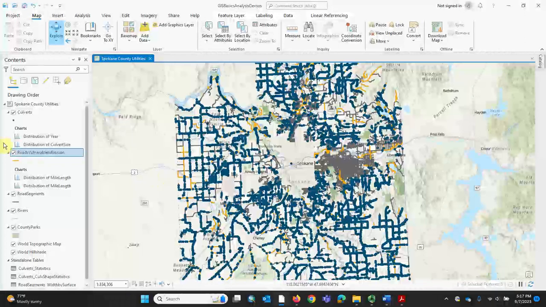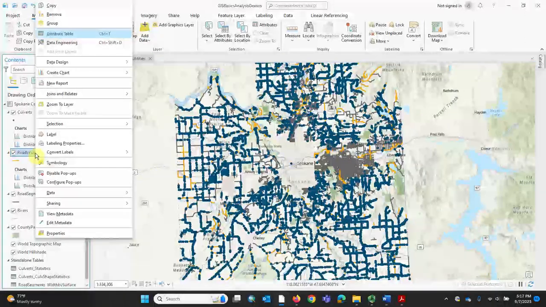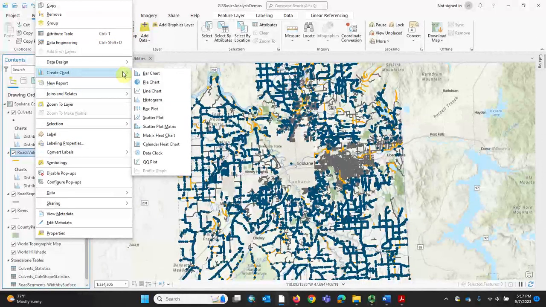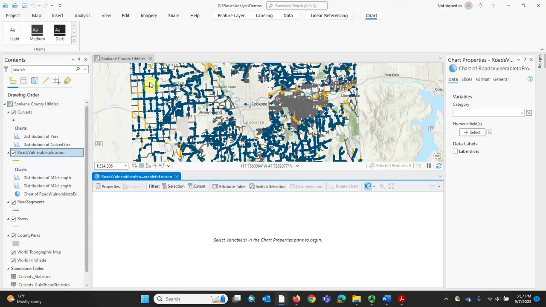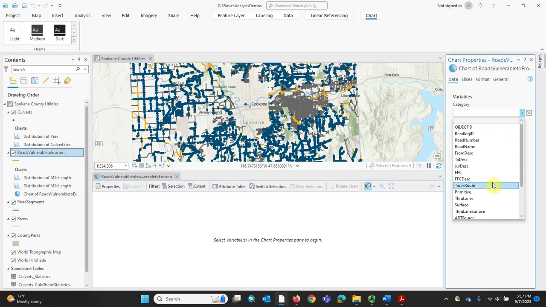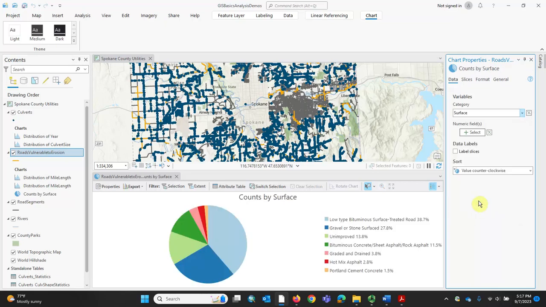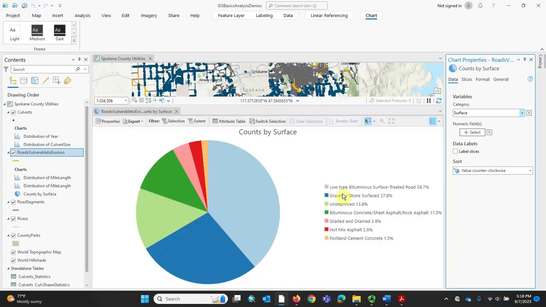Let's look at our roads vulnerable to erosion. So let's go to create chart, and let's create a pie chart and look at the breakdown of the different surfaces on these roads. How's that sound? So we'll go over here, and our variable category is going to be surface, and then check it out. So our chart pops up here, and we've got